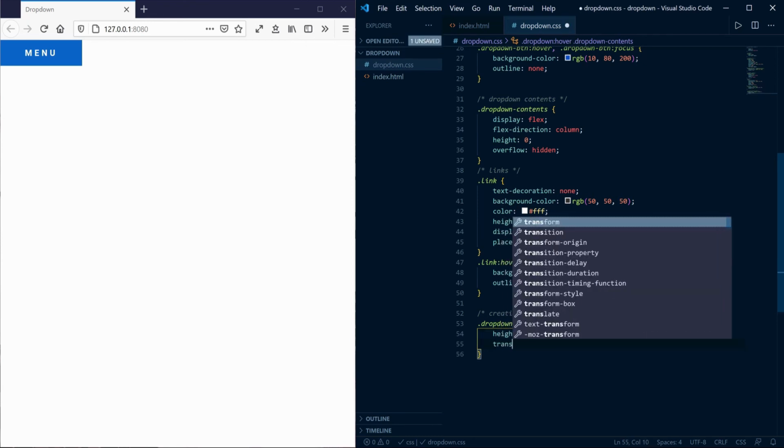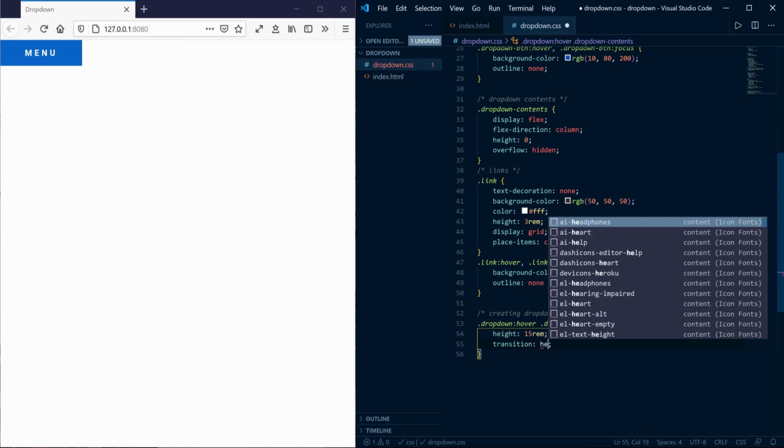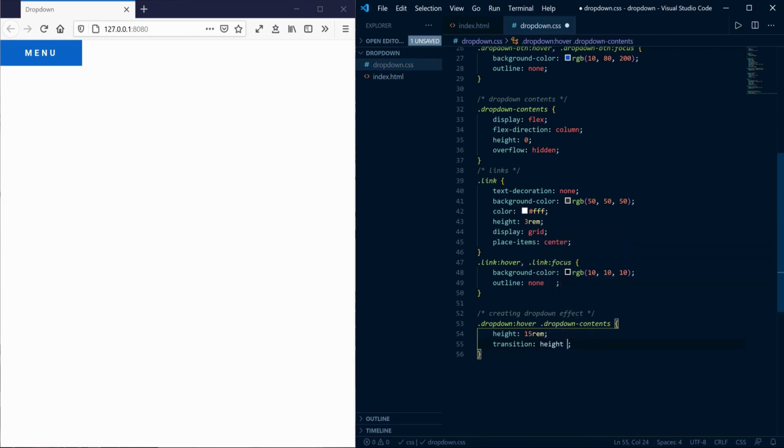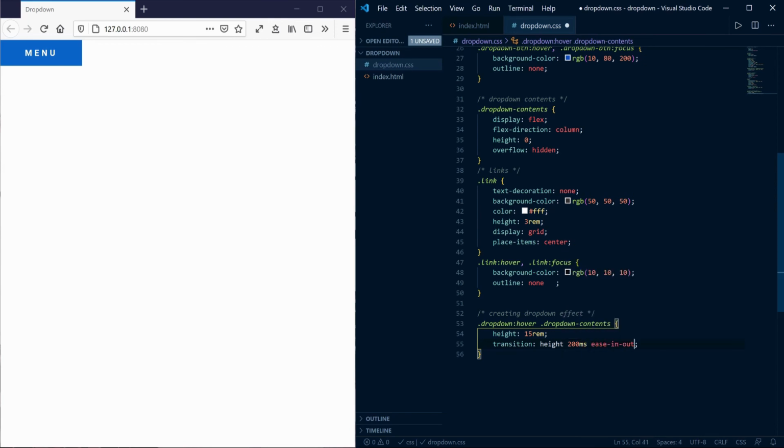You need to add a transition properties. This makes drop-down animation smooth. Transition properties should also be added to drop-down button class.